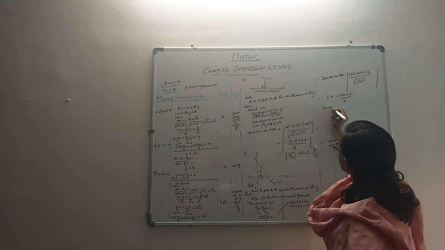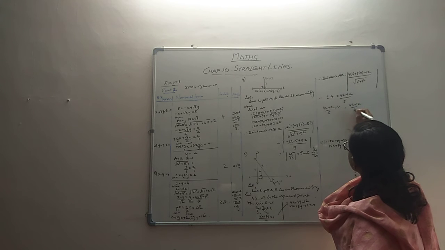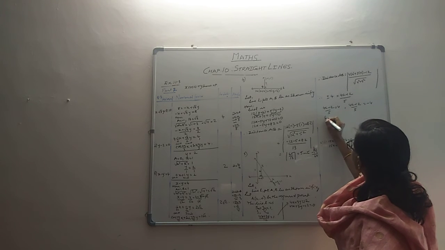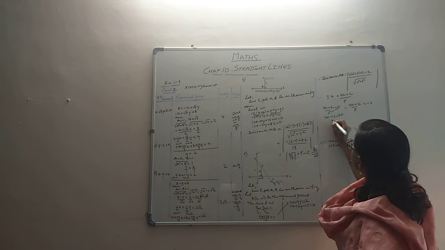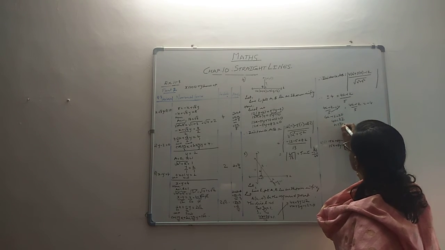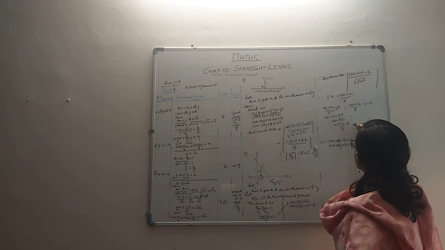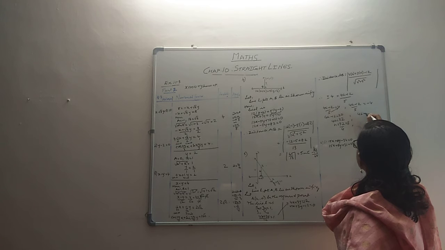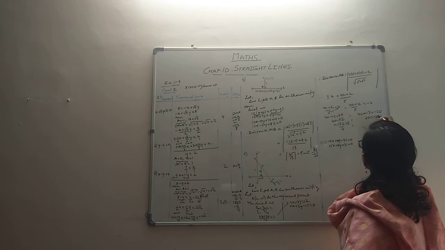4h minus 12 by 5 is 4 in one case, and 4h minus 12 by 5 is minus 4 in the other case. So we have 4h, this goes there, it becomes 20. Then this 12 will go there, it will become plus, so 32. 4 is multiplication, will go on the other side, become division and become 8. One case. The other case, 4 goes on the other side, it becomes minus 20. Then plus 12, so that's minus 8. 4h is minus 8. So h will be minus 8 by 4, minus 2.